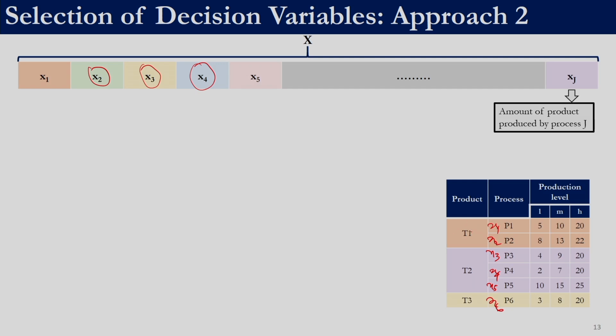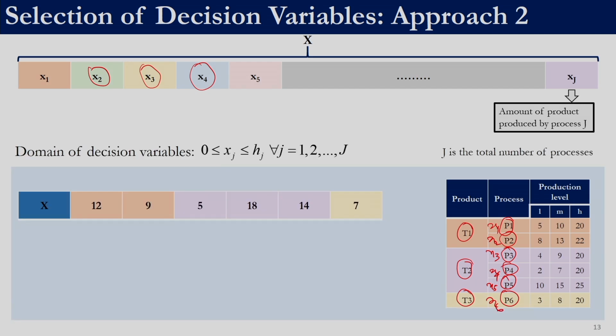We are not making an explicit call on whether we are producing product 1, product 2 or product 3. Similarly, we are not making an explicit call on whether we are using process 1, 2, 3, 4, 5 and 6. The first 9 variables which you saw, we have removed. We are only sticking with the last 6 decision variables. So the question is: if I know these values, can I construct the additional information which is required? For these 6 variables the lower bound will be 0. We have discussed a couple of times why the lower bound has to be 0 and not Lj.